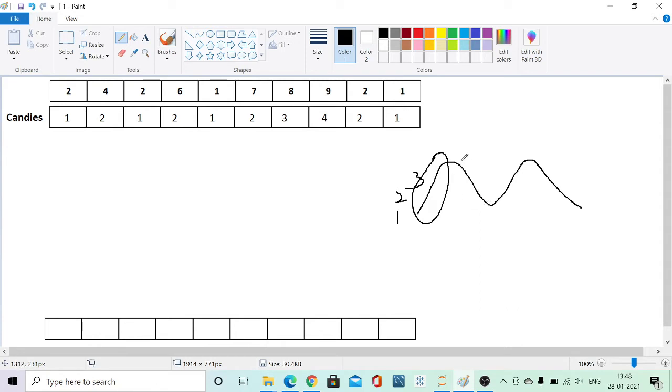Say for example, there are 4 students whose ratings are continuously decreasing. So if the highest number which we got is 3 here, and we start decreasing one by one, so 3, 2, 1, and there are 4 students, so it will go to 0. So we cannot be sure about this decreasing slope, but every time we can be sure about an increasing slope if we are moving from left to right.